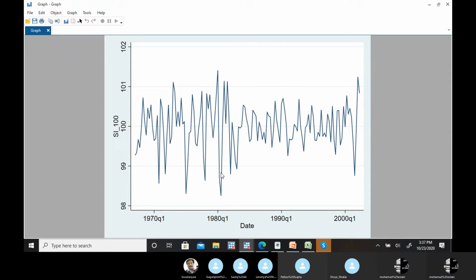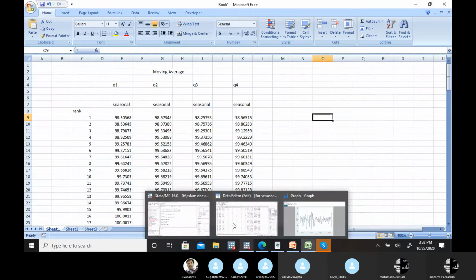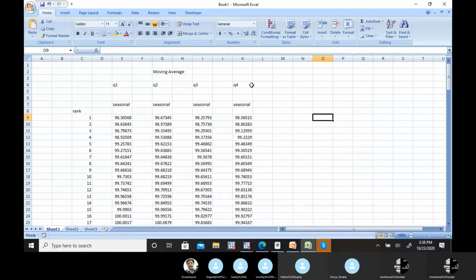It's possible that its impact is on all the next coming years, so we can't do this elimination process. But if you think that the irregular component is only for that particular cycle, that particular quarter or month, or just within a year, if you have yearly data, then you can go with this process. Just eliminate those extreme values and go with the other values. But that's the assumption you have to take, that that impact is not on the other coming years or other coming quarters. So if that's the situation, then for elimination, first you need these values for all the quarters,